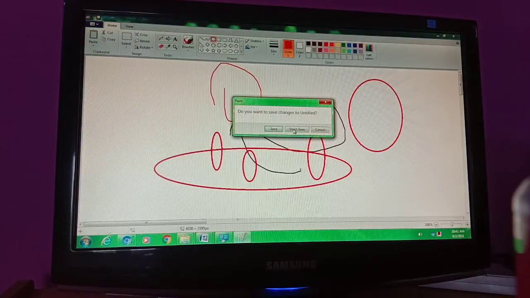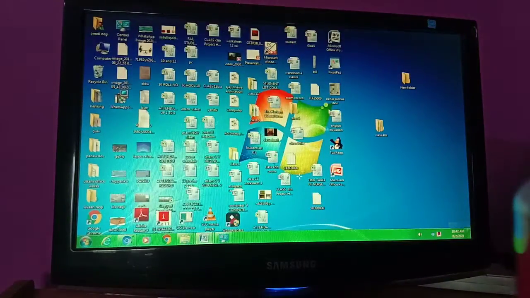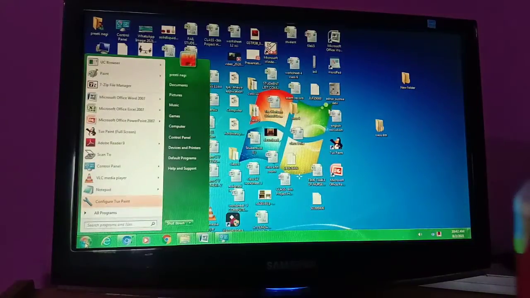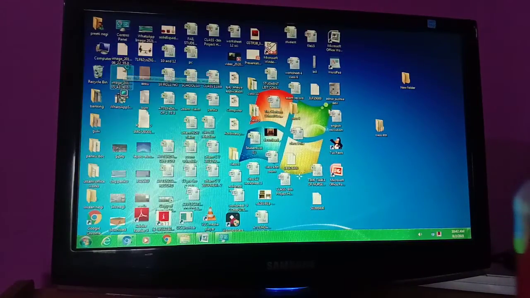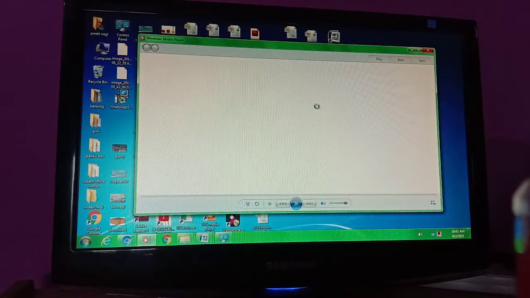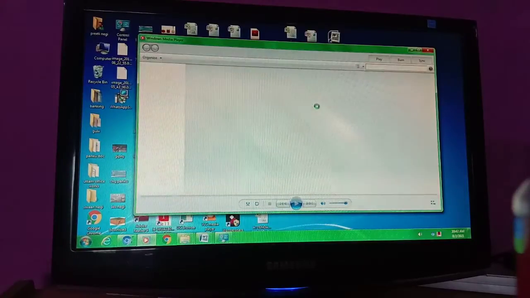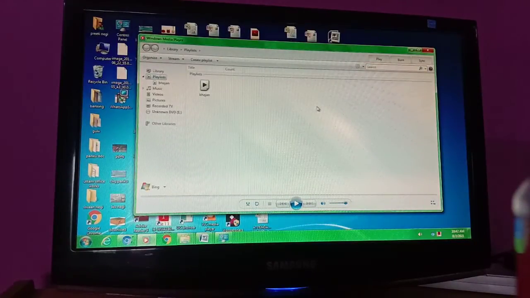Let's exit from here. One more is there, Windows Media Player. In All Programs you can easily get Windows Media Player. This is the facility where all the songs and all the videos can be played. Video and audio can be played with the help of this software, and you can manage your MP3 files or songs.